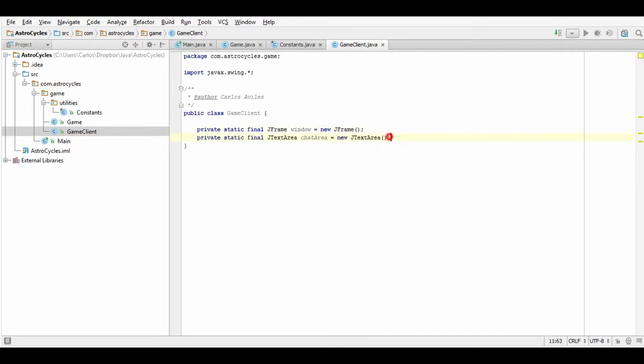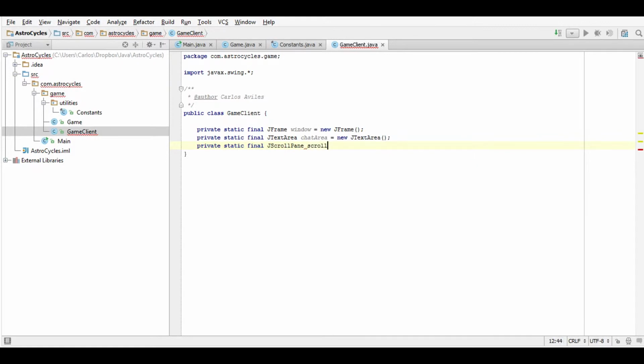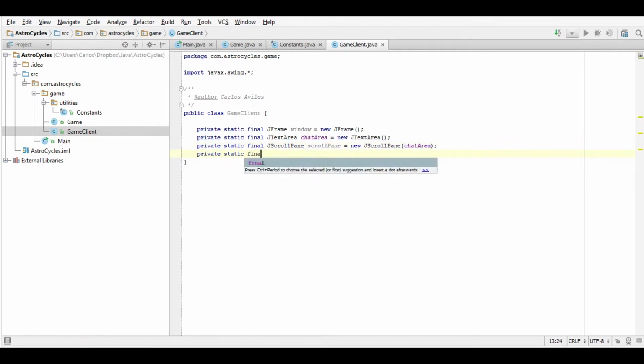Alt Enter if you're using IntelliJ. Another constant, let's call this JScrollPane, and scroll pane equals new JScrollPane. And this is going to take in the parameter chat area. Basically a placeholder.